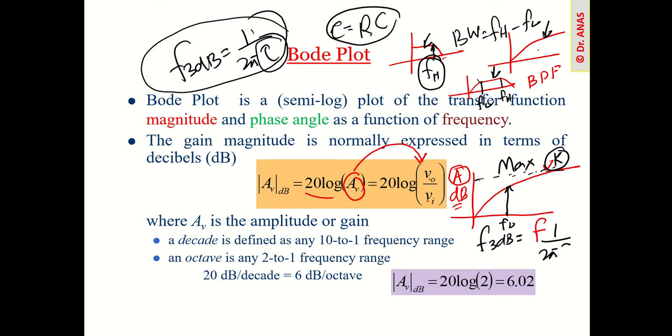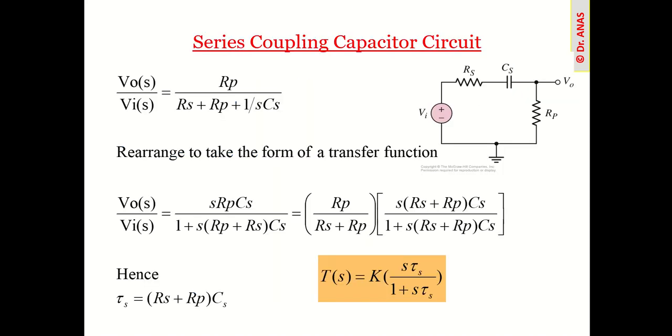If in your circuit you have a capacitor, for example in this series circuit, then that capacitance is multiplied with the resistance. This resistance is the resistance seen by this capacitor. What does this mean? If we want to calculate the resistance seen by this capacitance, we just make it an open circuit,